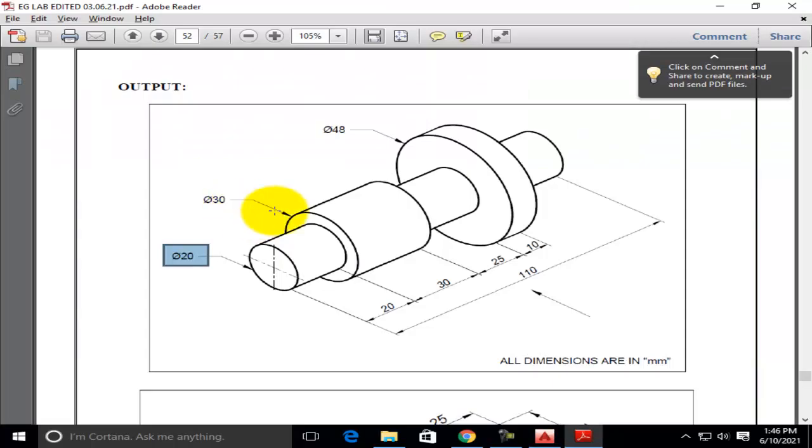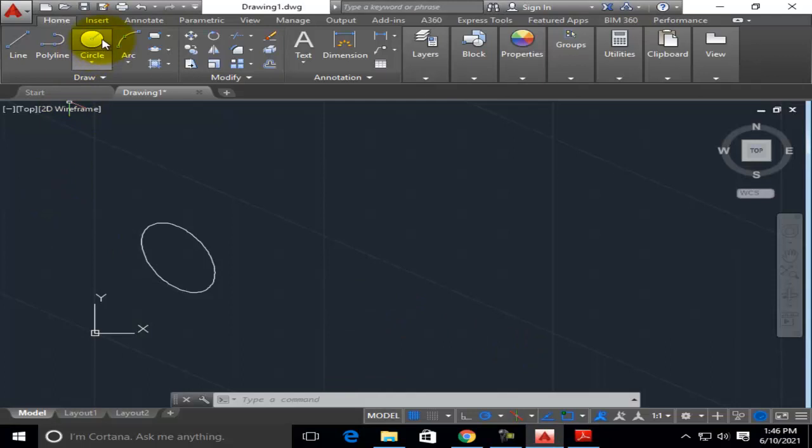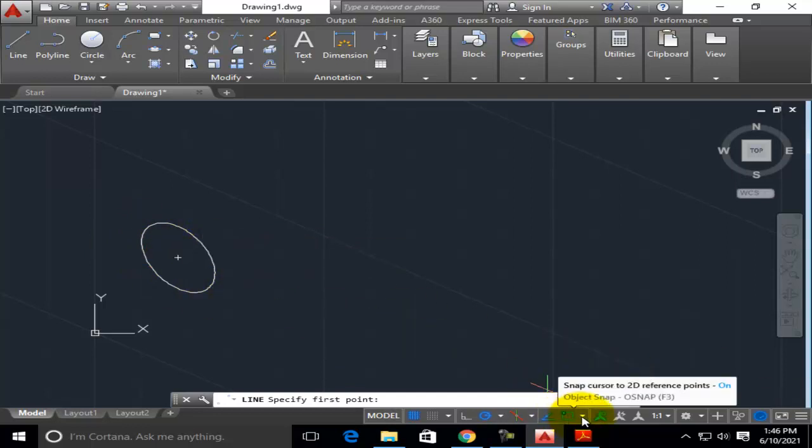Now let us complete this drawing. From here we have to draw a line for a length of 20 units, that is 20 mm. Simply select the line and use object snap. In the status bar you have the object snap option, right?